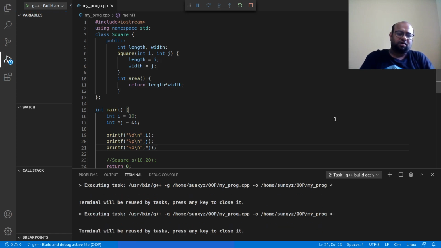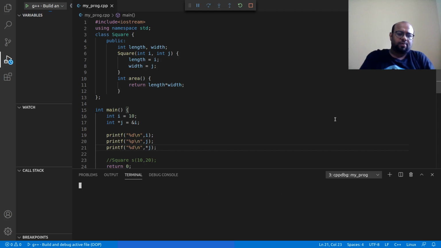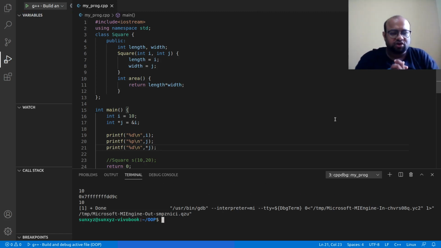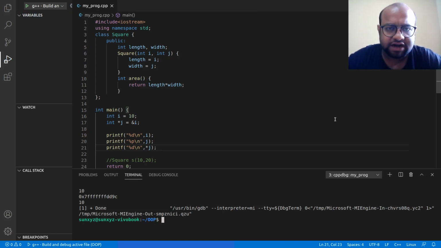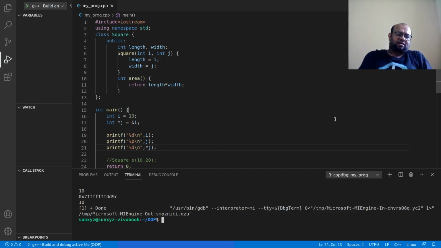Hold on, my laptop is slow. Alright. Okay, so yeah, line number 19 is printing 10 because that is the value of I. Then line number 20 is printing j, and j is the address of this variable I. Whatever you can see here, this hexadecimal value, is the address of this variable I. Then what is stored in this address?